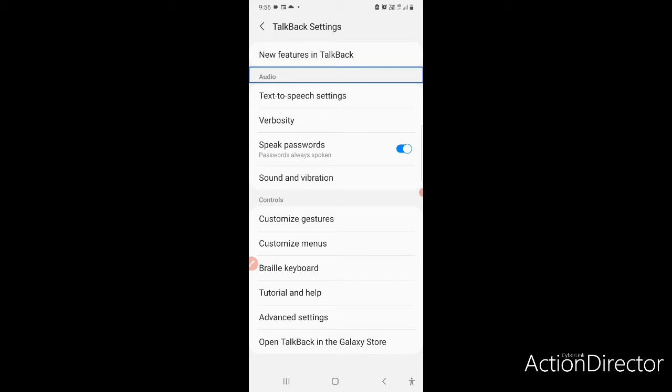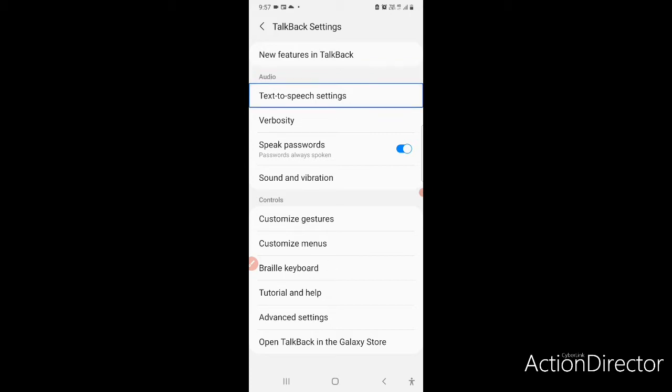So when I started to swipe on my screen, you all might have heard the names that talkback read out to you all. So we will be looking at each and everything one by one, step by step. So first we've got audio as our heading. Now let's move forward to check what is there.